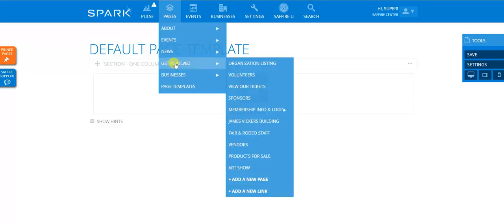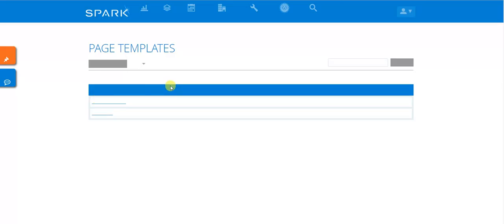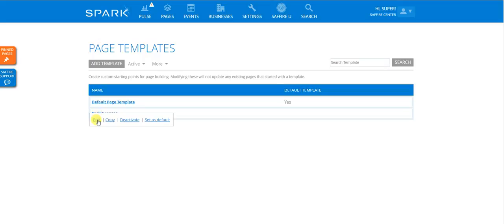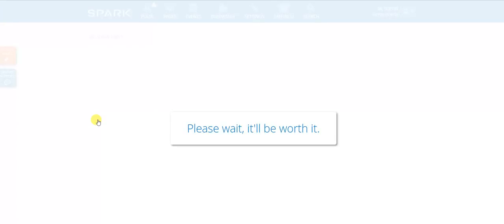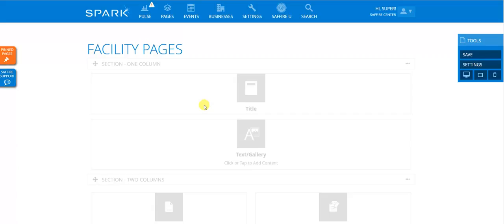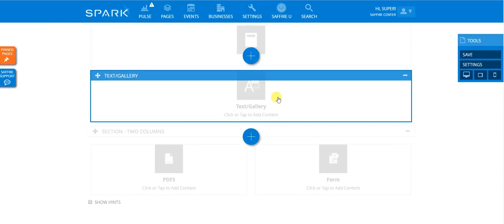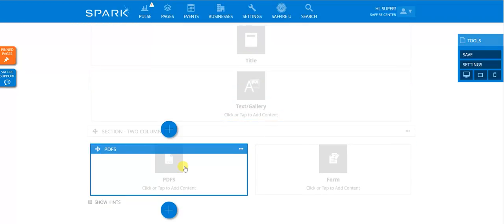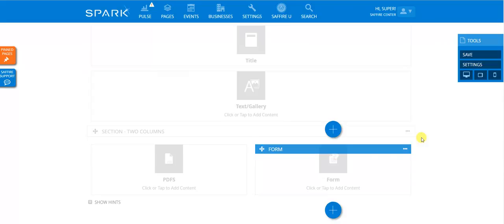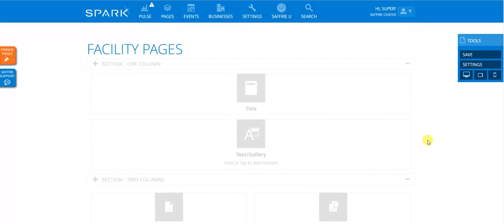Now I'm going to go back to the page templates and we'll look at the other template. We'll edit the facility pages template. Now in this one, someone has decided that it's going to have the title, obviously, and then it probably is going to have a text gallery module and some PDFs and a form. And these are starting points. These are just suggestions. These are saying this is the way that we really want the facility pages to be built,